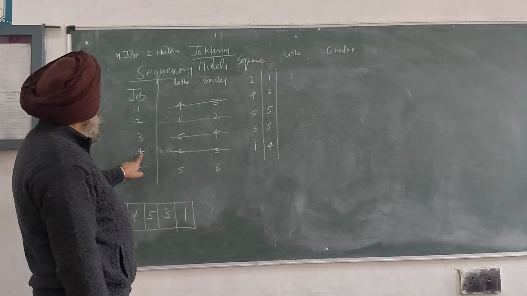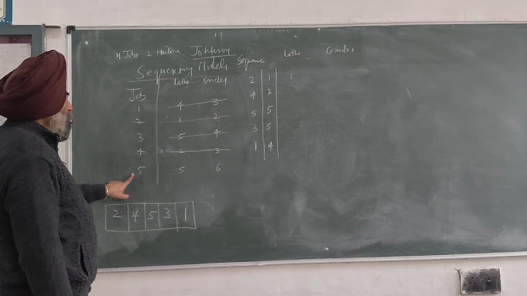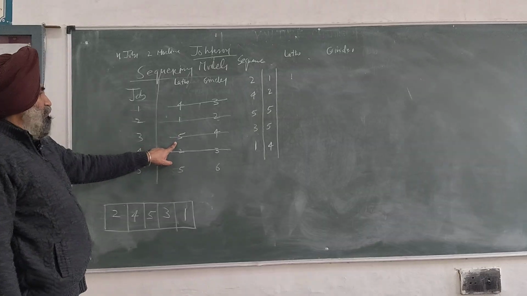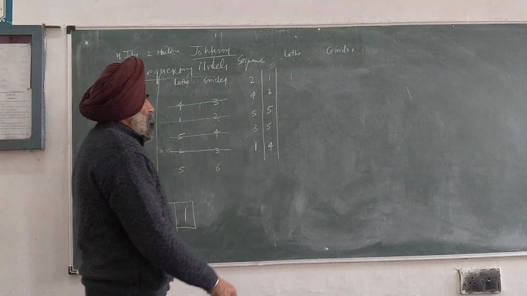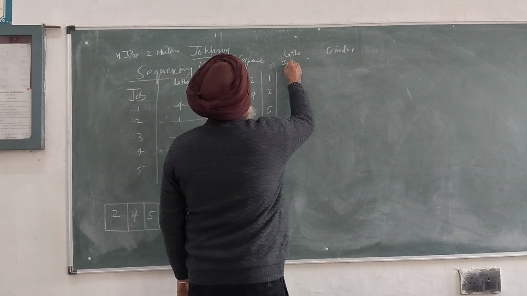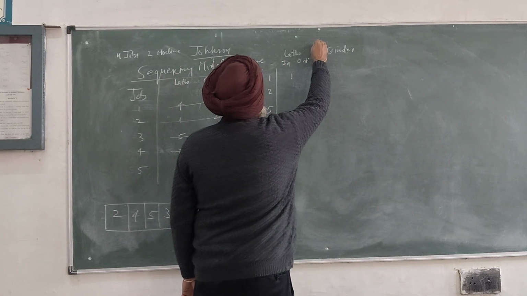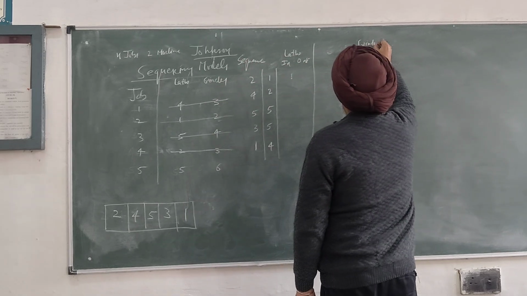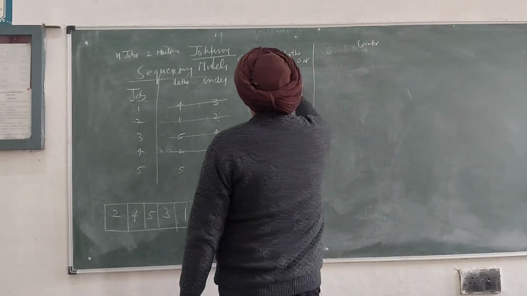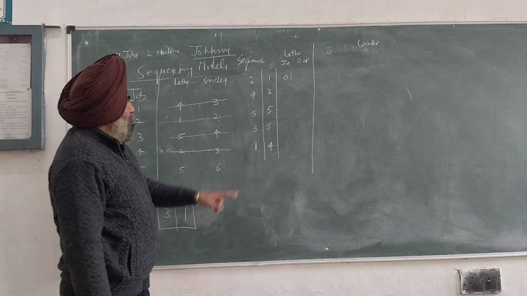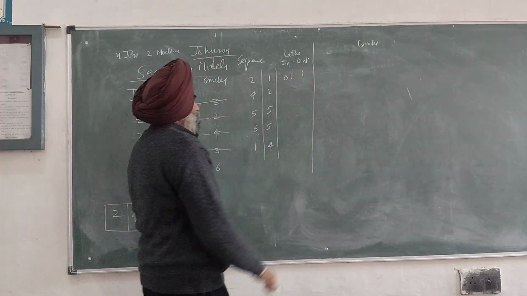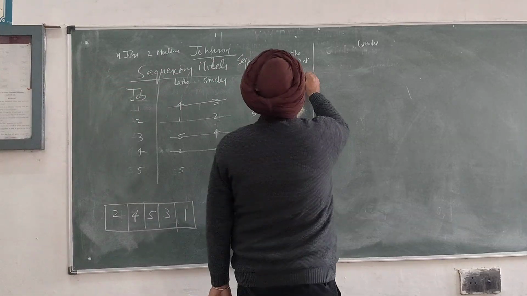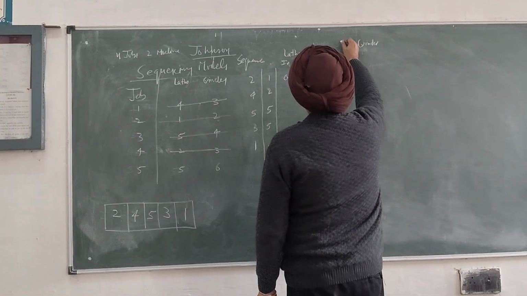Job number 4 takes 2 minutes. Job number 5 takes 5 minutes. Job number 3 takes 5 minutes. Job number 1 takes 4 minutes. Now let us start with in, out. Look at here, in, out. I put the grinder here, a little bit far away. Now here it is in. When we start our watch at 0, by the first minute, job number 2 will be completed. After the completion of job number 2, for the grinding operation,